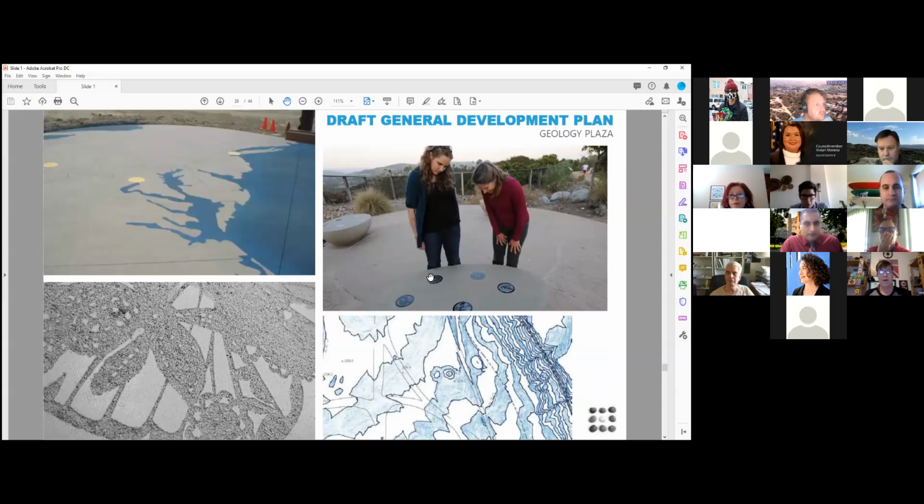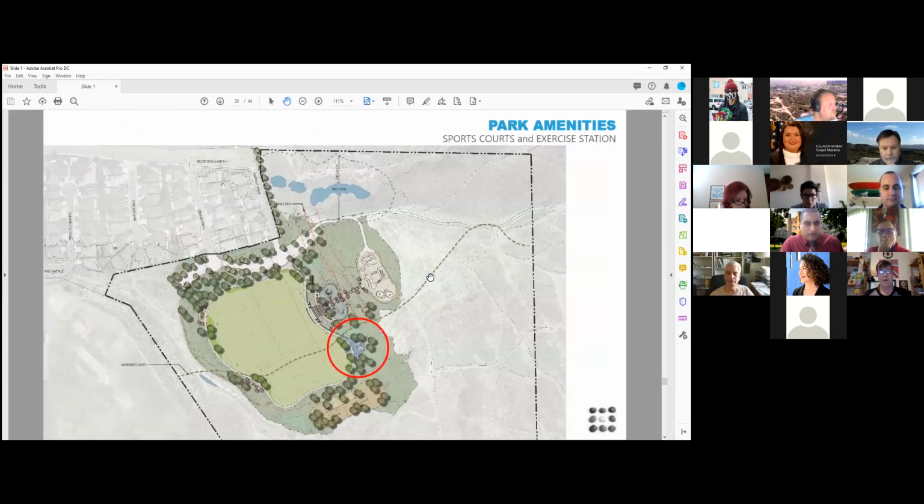So I just wanted to ask if it had been considered for older folks and seniors, if there's going to be, perhaps it's really hard to see from the image, a surrounding kind of track or perimeter where people can just walk around,